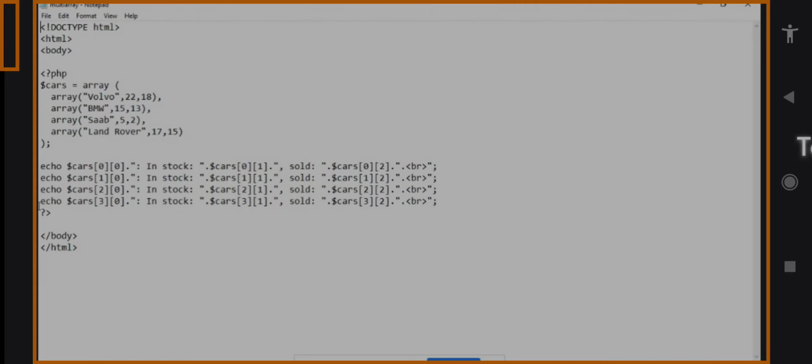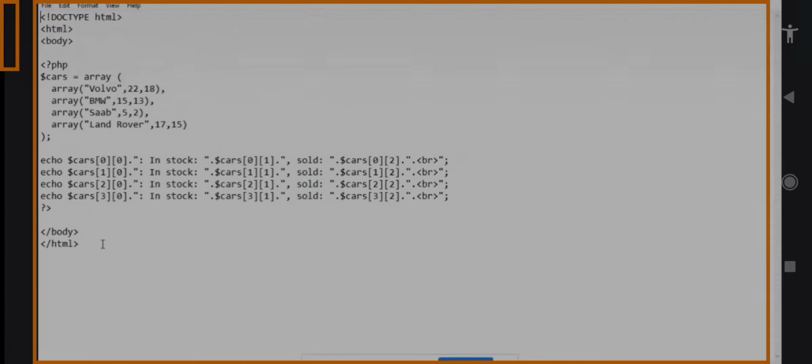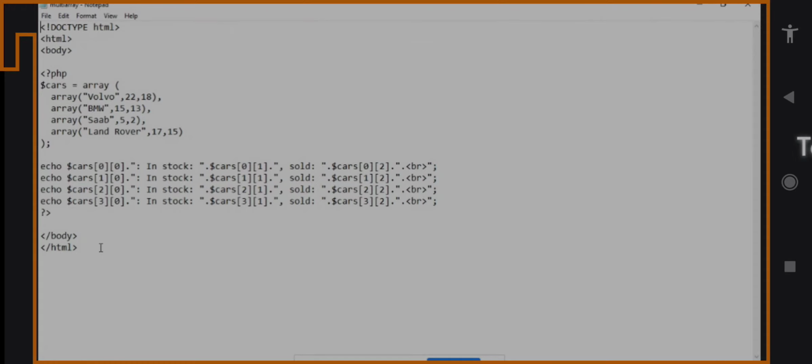Same, next echo $cars[1][0], the first row and zeroth column, that is BMW. So BMW will be printed. Next [1][1] is 15, [1][2] is 13. Next, the second row: Saab, and in stock, the [2][1] position is 5 and the [2][2] position is 2. Next, the same for the third row, zeroth column, that is Land Rover. Next, third row, first column, that is 17, and [3][2], that is 15.